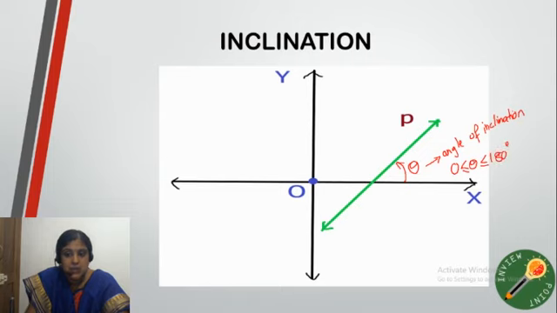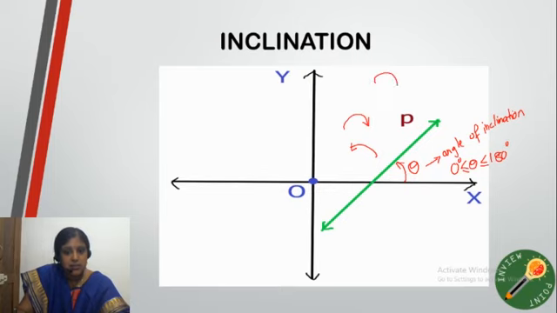Okay. So see, theta is an angle made by a line with respect to the x-axis and it is measured in anti-clockwise direction. See, in this direction, this is anti-clockwise and this is clockwise, right? Clockwise is this, anti-clockwise is in this direction. So here you are measuring theta in anti-clockwise direction. Okay, so this is the angle of inclination.